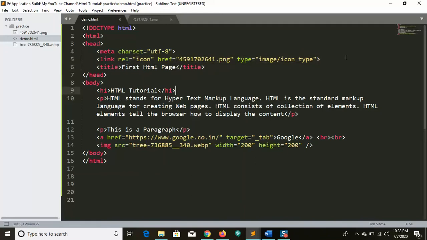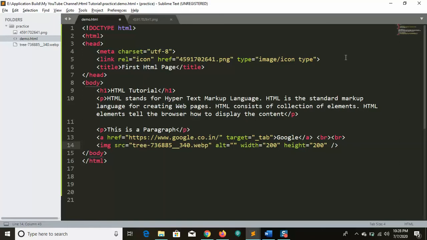So we have done this, and I forgot something. If you are using any image, we should definitely give the alt. It is not restricted, but if you give this one, we can know that the image failed.